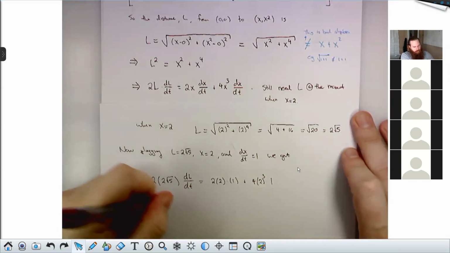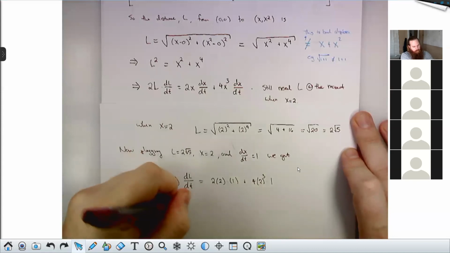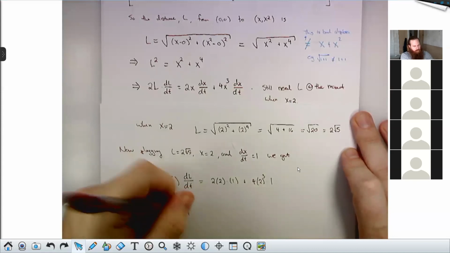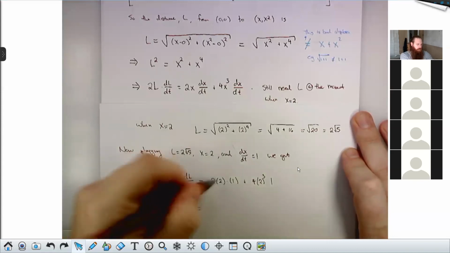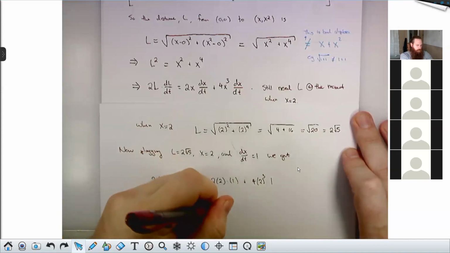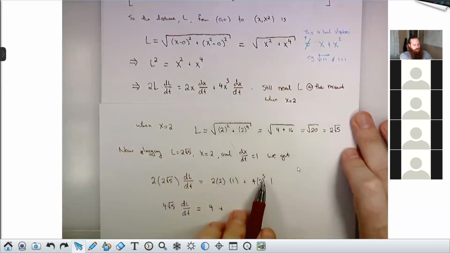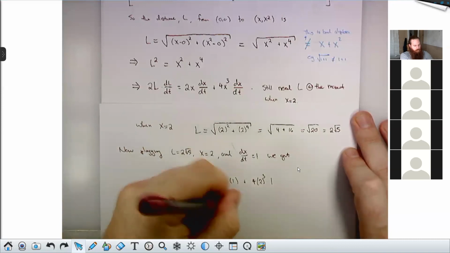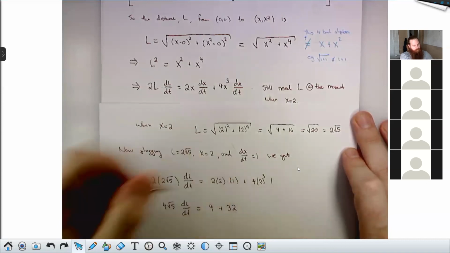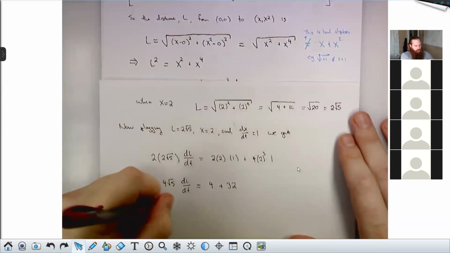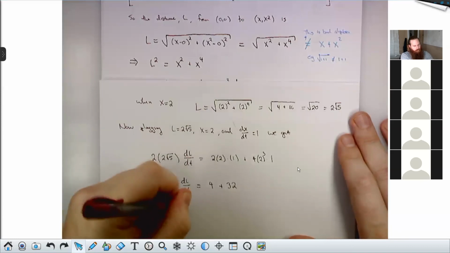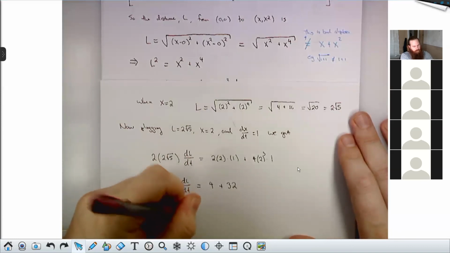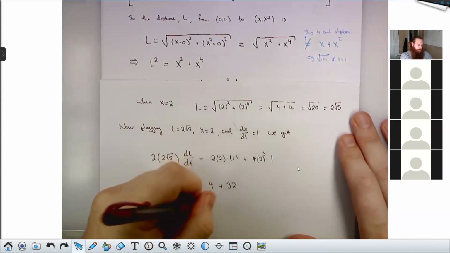So this is 4 square roots of 5 times dL/dt equals 4 plus 2 cubed is 8, 8 times 4 is 32. So 4 root 5 dL/dt is equal to 36,